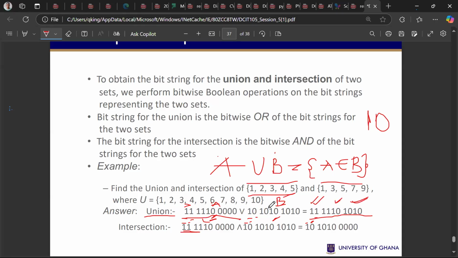Now the next one, set B, is 1, 3, 5, 7, 9. And so with that one, we have 1 in the